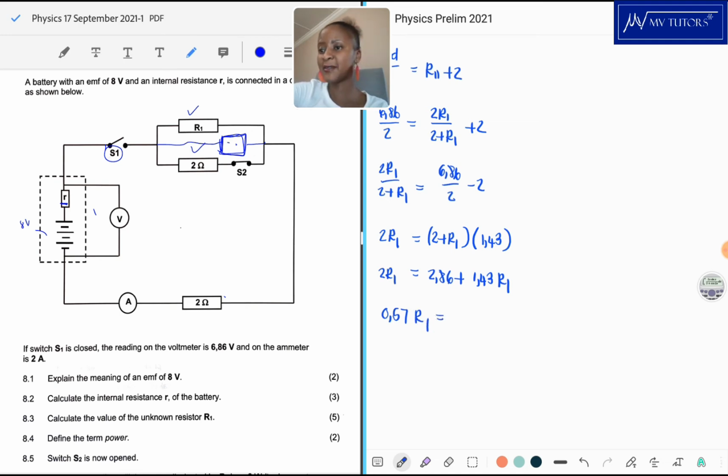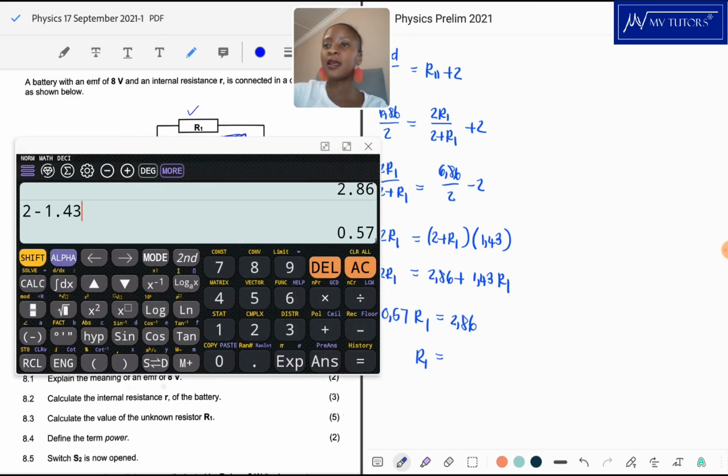What are we calculating for? The unknown resistor, R1, yes. It's always good to just check what exactly it is you are doing before you get too far. Alright, so now